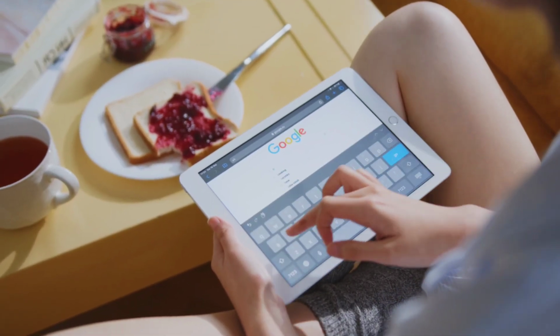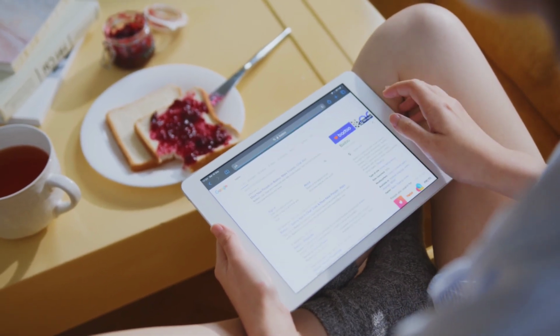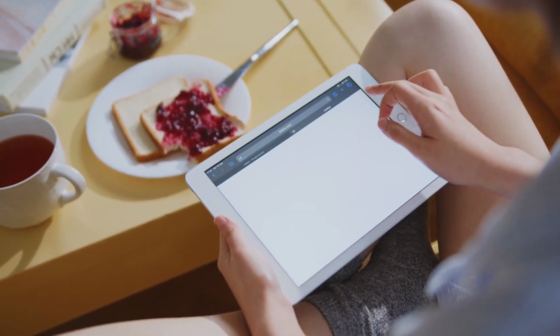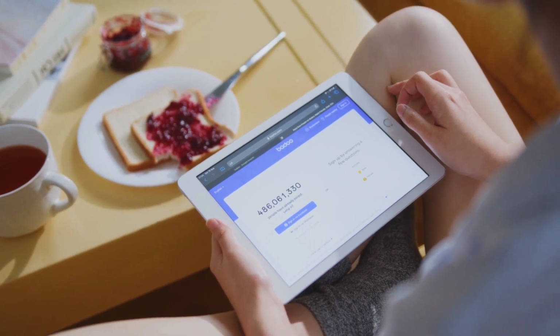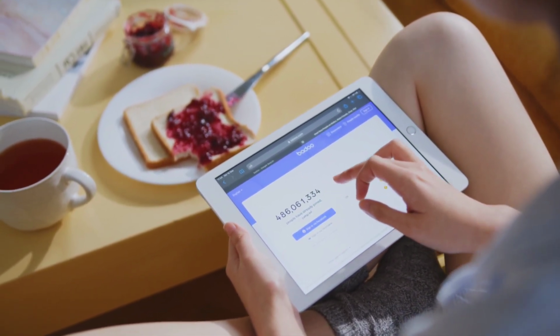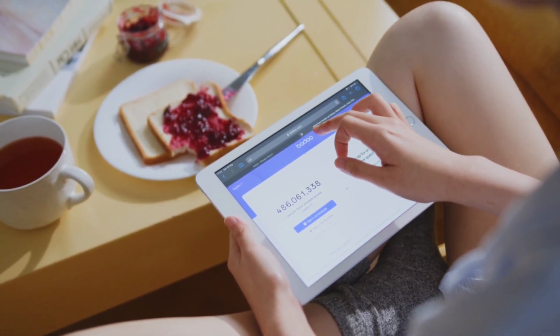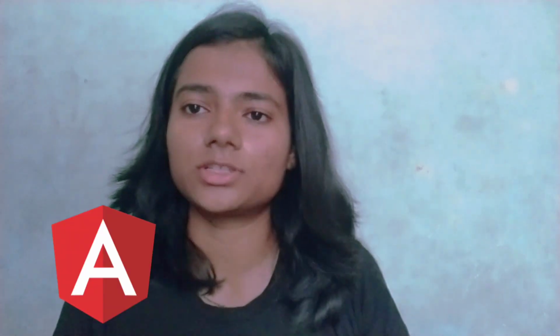Front end is something that the user is able to see on the browser. Suppose we type www.google.com in the browser, whatever the browser displays, whatever the browser shows us, that is called the front end. So in short, front end is a platform where the user interacts with the browser. There are many front-end technologies like HTML, CSS, JavaScript, React.js, AngularJS, Vue.js, etc. By using these technologies, we develop the front end.